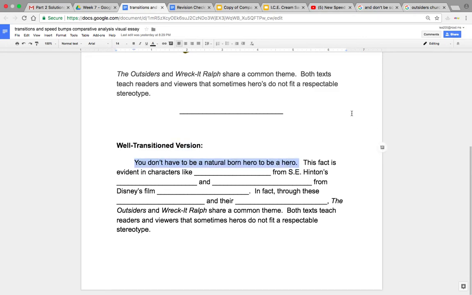It says, you don't have to be a natural born hero to be a hero. But here's how I began to transition from one idea to another. So let's think about ways we could complete these blanks. It says, this fact is evident in characters like blank from S.E. Hinton's blank. So if we're thinking about heroes that are not natural born heroes but yet become heroic, we might